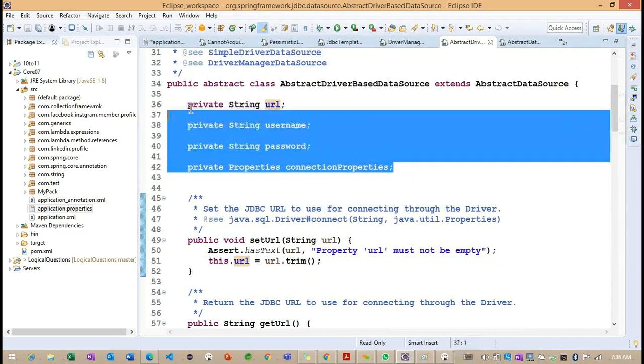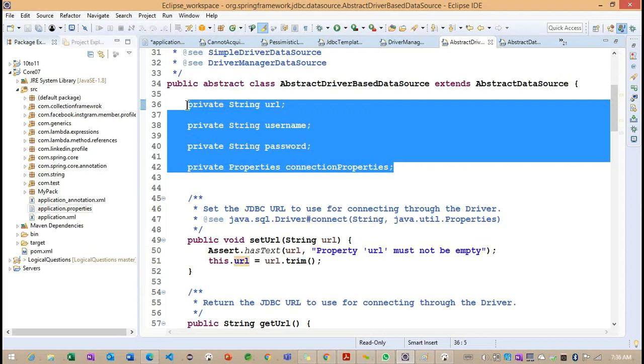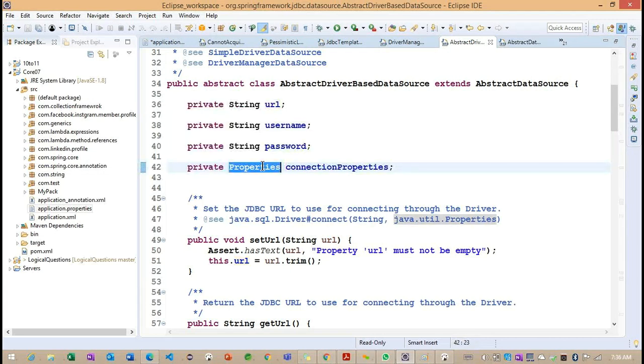Now what you can understand is that these are the properties we have. Some of the properties expect a string and some expect the Properties type. We already discussed these properties, whenever we work on a collection of objects, how we can work on the example.